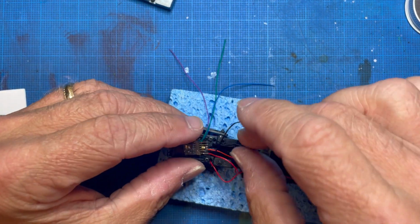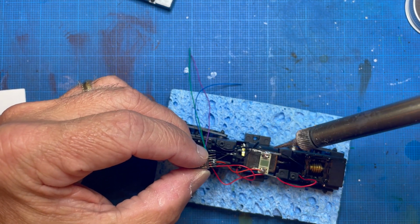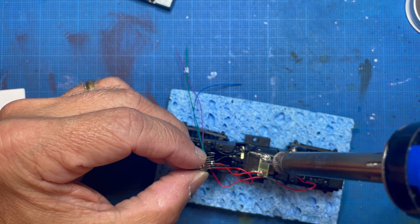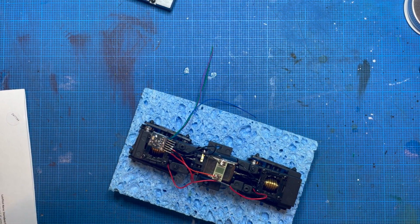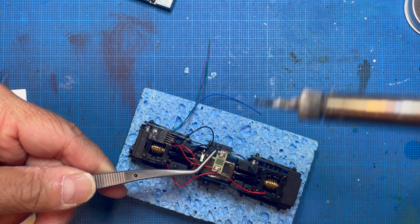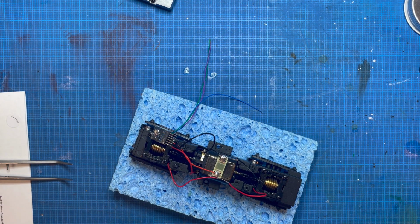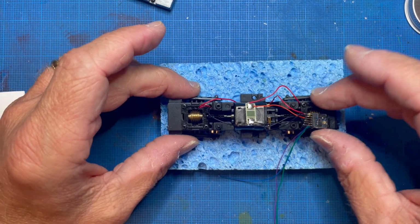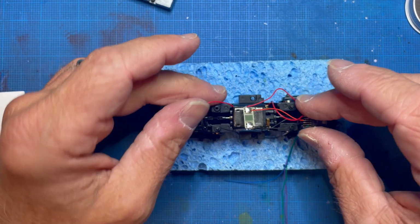All right. You know what? I think I'm going to hold the decoder up here and just go at it this way. I think it might be moving too much. No, that might work. Let's give it a shot. Let's clean this real quick. Yeah, I'm not moving too much. That's not a good connection. But I've kind of got it right where I want to hold it, so let's do that. Let's do this, and now I've got it steady. There we go. Get that solder to melt up. Connections are still all good. So that in a nutshell is a nice, quick, and easy way to hook up your track power and your